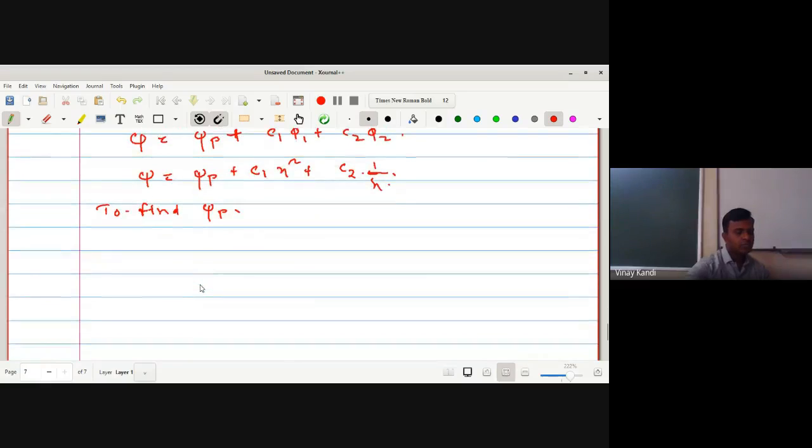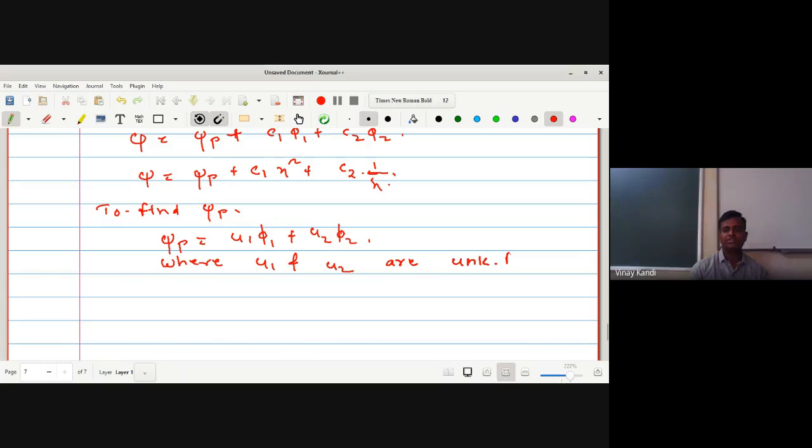Where u1 and u2 are there. Now, what is the psi p? Psi p is equal to u1 phi 1 plus u2 phi 2. We did this same thing earlier, right, while solving the theorem. So where u1 and u2 are unknown functions, unknown functions to be determined, and which satisfies